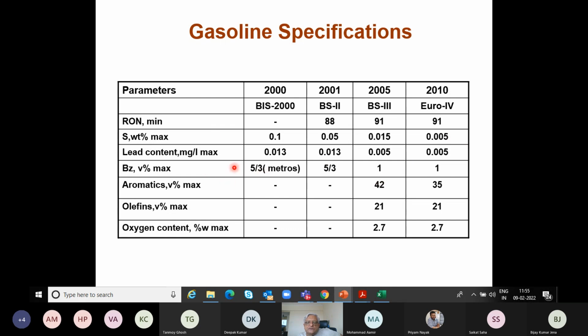In fact, before 2000, there was no specification on benzene. And benzene is a carcinogen. Why did the specification of benzene suddenly become important? Because the moment you add reformate to the gasoline, and suppose the feed to the reformer is the full range gas naphtha, that means IBP to 210, then the reformate will be rich in benzene, and we will